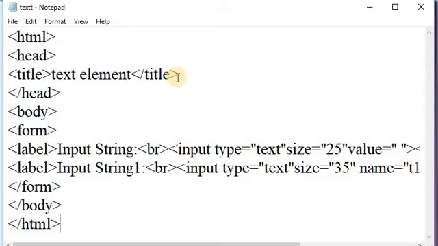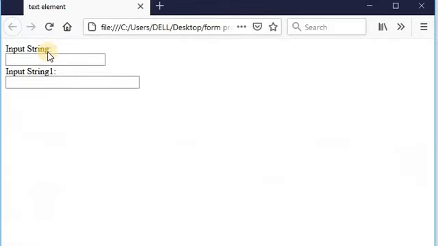See the output. This is the output of our program. In that you can type here whatever you want as a text.